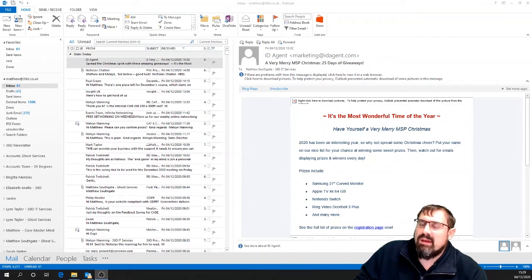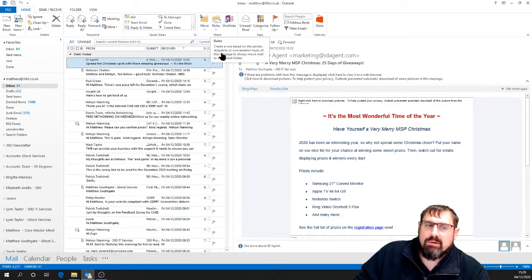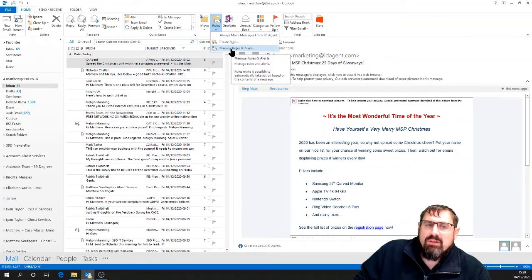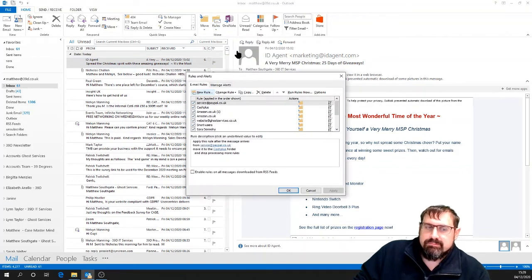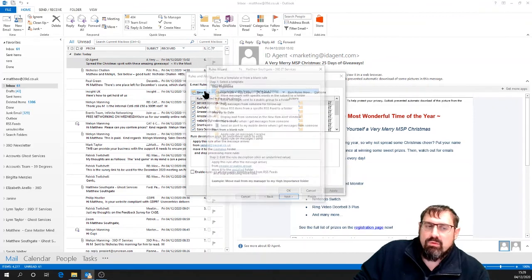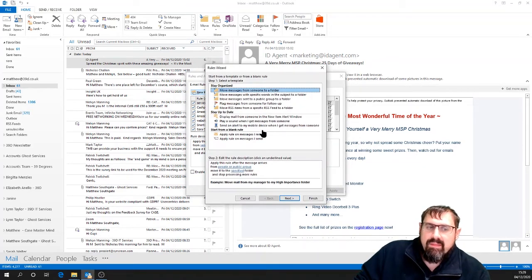So once a day I can spend 10 minutes having a quick look and take those messages that I do need out of that folder. So to do that, what we do is we're going to create an Outlook rule. So we go to Rules in Outlook, Manage Rules and Alerts, and then click New Rule. And then we're going to create a rule that is a blank rule